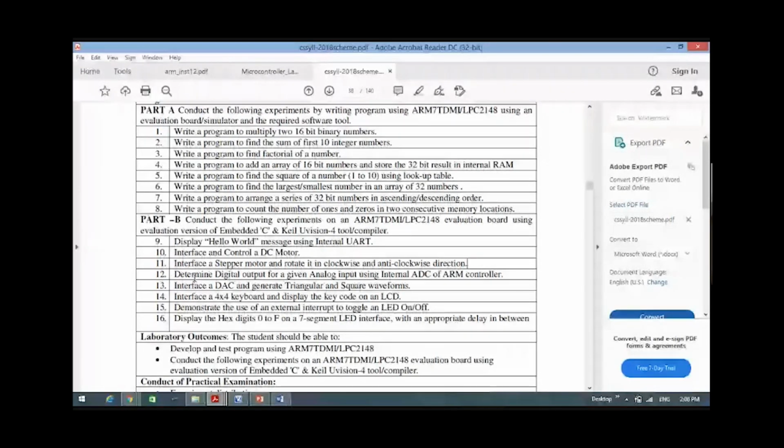Next one is to determine digital output for a given analog input using the internal ADC of the ARM controller. So there is an internal analog to digital converter available. Similarly, you have a DAC program, digital to analog converter, that you are supposed to interface to the evaluation board and generate triangular and square waveforms. So given the digital data, how it converts it into analog form and generates these kinds of waveforms. Not only triangular or square waveforms, you can also generate sinusoidal waveforms. So any type of waveform can be generated once you interface a digital to analog converter to the evaluation board,